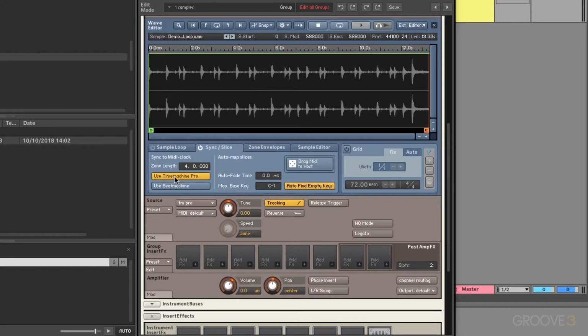So when this mode is enabled, now whenever I play a low key on my keyboard, it's going to repitch the sample, but the original BPM will stay the same. So this is the original sample. And this is that same sample played several octaves down. And if we played that up a lot higher,